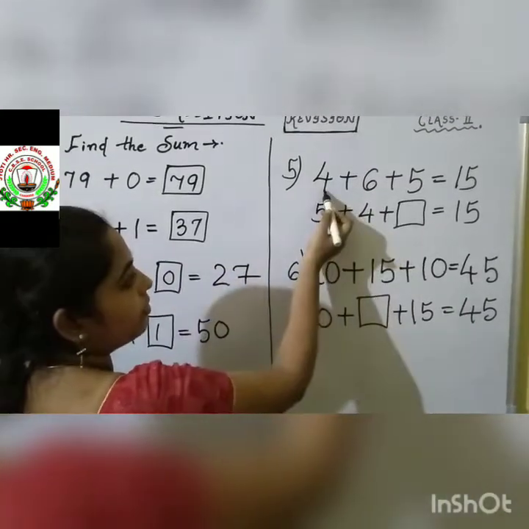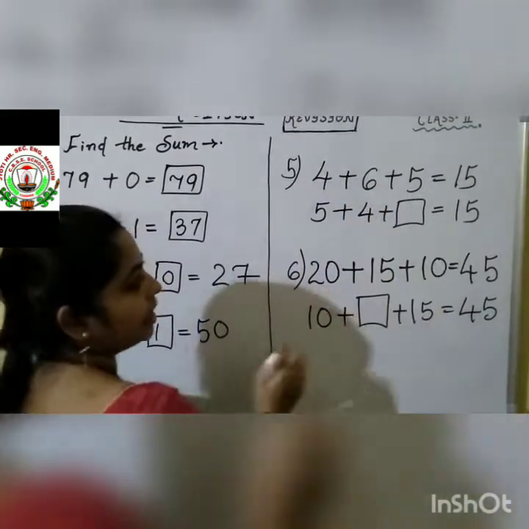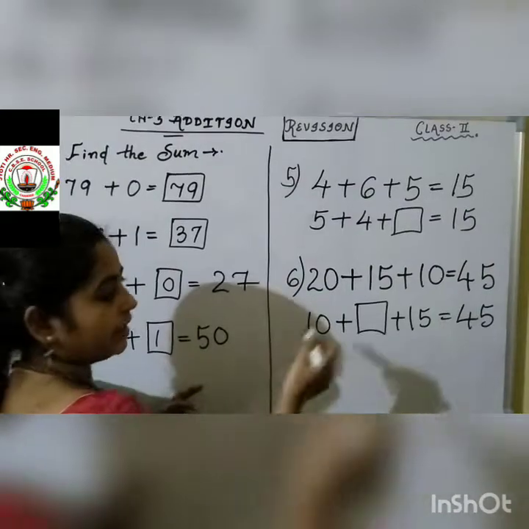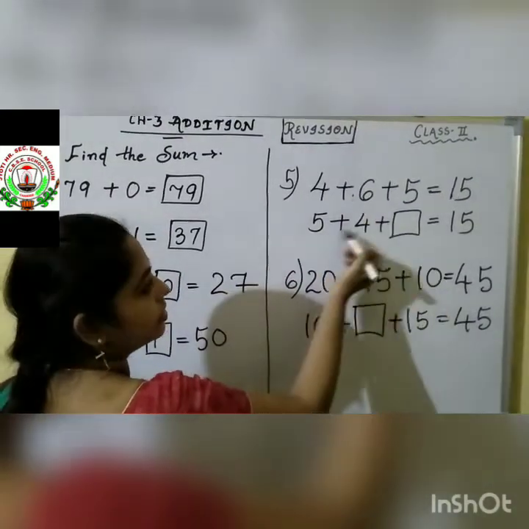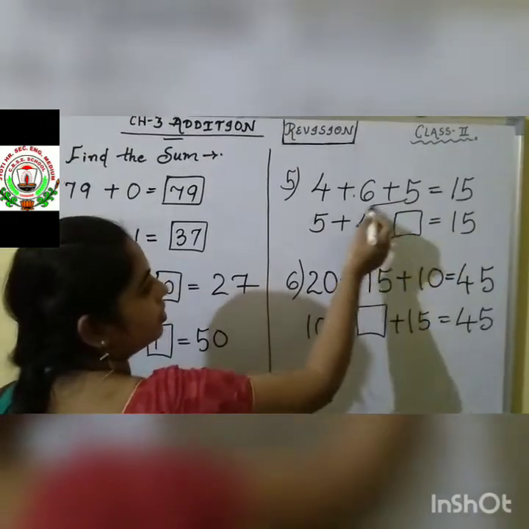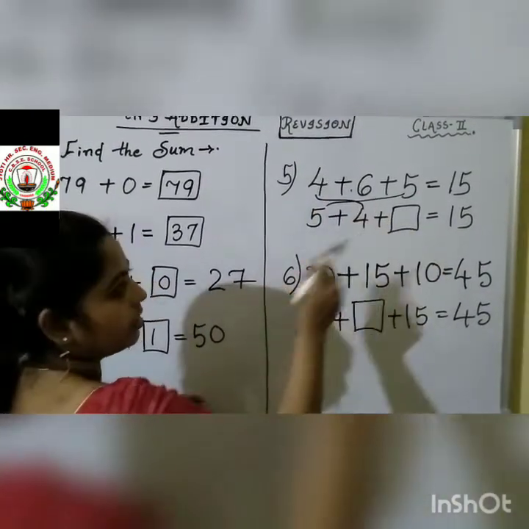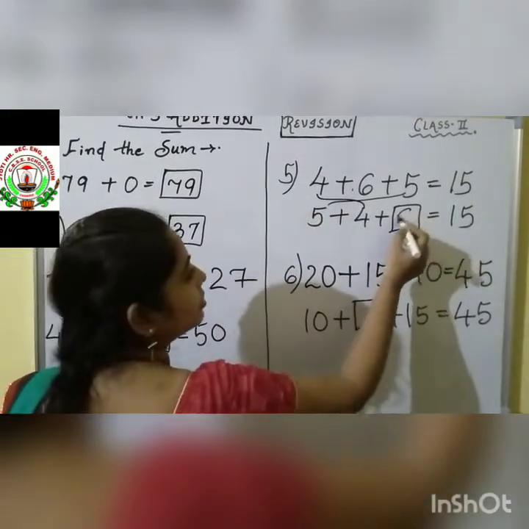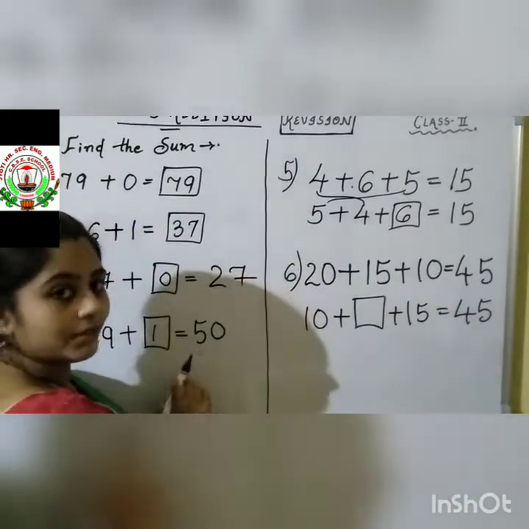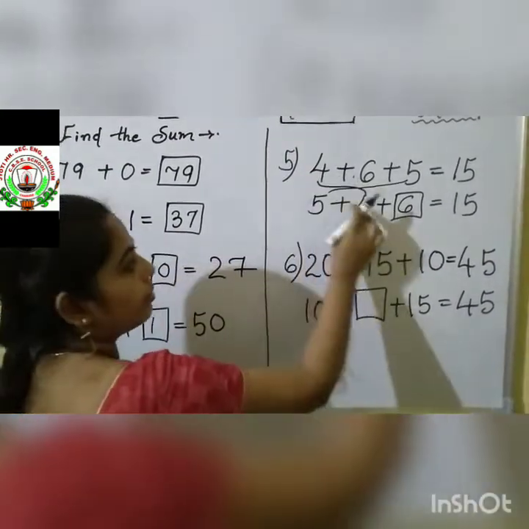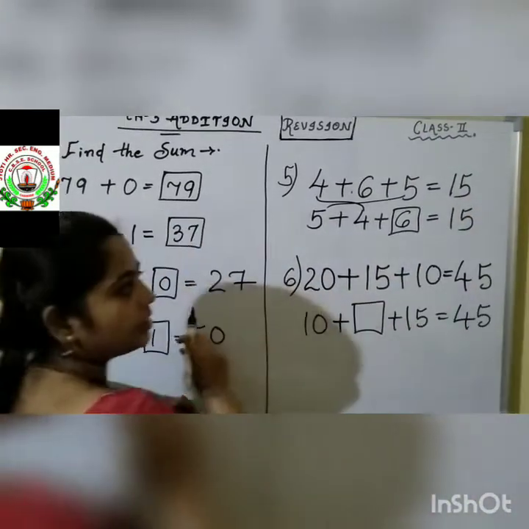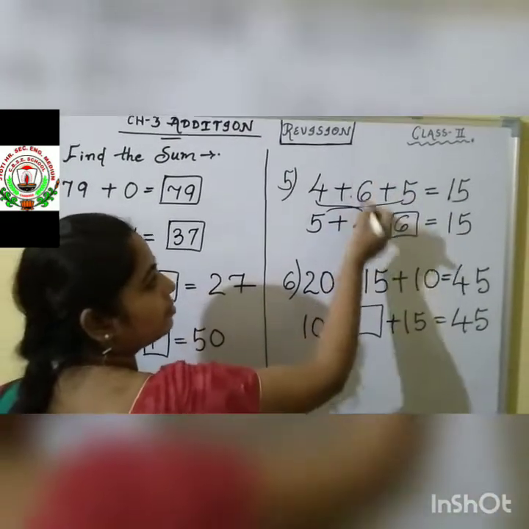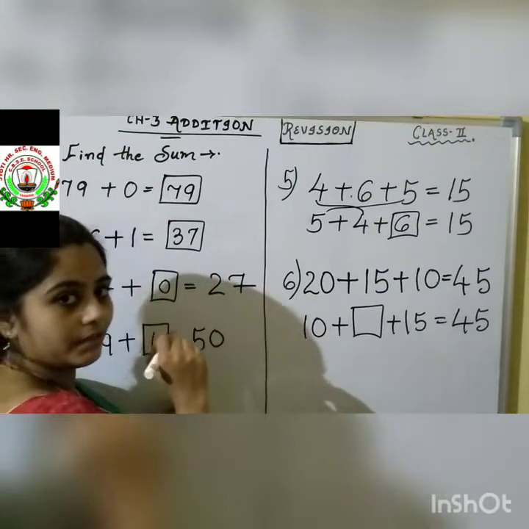I will tell. See, 4 is there, 6 is there, 5 is there. That means 3 numbers are there. So in the next line also, both are having the same answer, 15. In the next line also, 3 numbers should be there. 5 is already written, 4 is already written. So which number is missing here? Can you see from the first line? Yes, 6 is missing. So we will put 6 in the blank. Likewise, you have to solve these questions. First, see how many numbers are there. If the answers of both lines are the same, then see which numbers are present in the second line, find the missing number and put it in the box or blank given there.